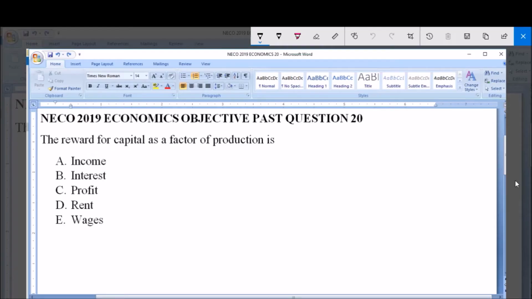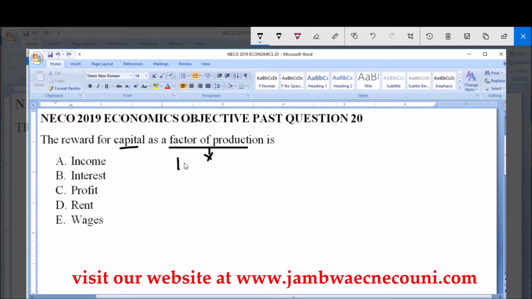Hello and welcome. I'm going to be answering NECO 2019 Economics Objective Past Question 20. The reward for capital as a factor of production is A. Income, B. Interest, C. Profit, D. Rent, E. Wages. So we are looking at capital as a factor of production, and factors of production are basically